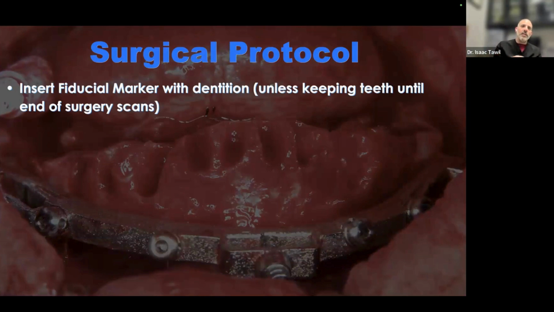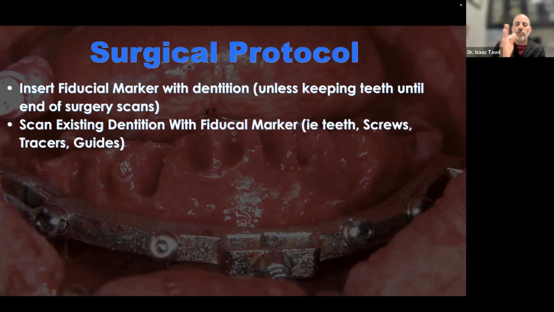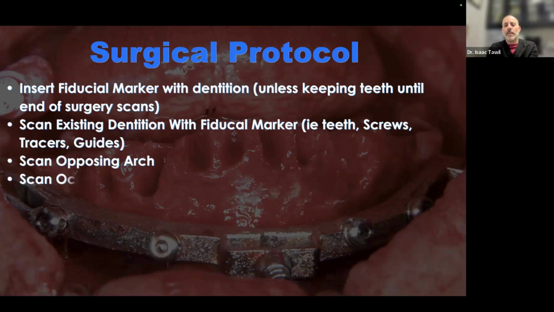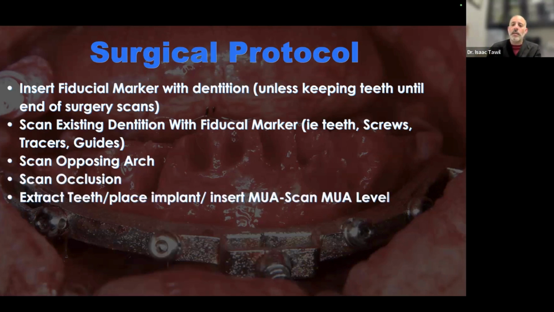So the surgical protocol involves inserting a fiducial marker and then scanning that to the existing situation, whether it's a denture and you carve a hole in the denture and capture that fiducial marker, or whether you're going ahead and matching it to teeth. We also have within the software an internal scan. We can scan the intaglio of a denture and match it to tissue, but that doesn't help me if I'm going to destroy the tissue, right? So it really does need something that's going to be there from beginning of surgery to the end of surgery.